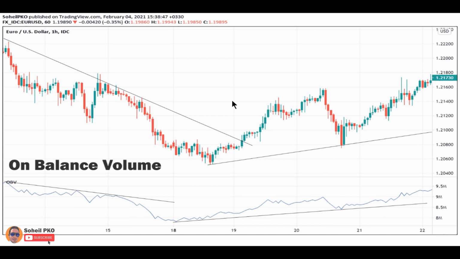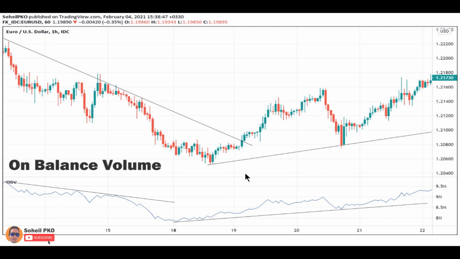We don't look at the real number value of the OBV for analysis because it depends on the starting point of the calculation. Instead, we analyze the movement of OBV over time. Actually, the slope of the OBV is the most important part for analysis. So in practice, we find a trend for OBV and we must see if the OBV trend matches the price